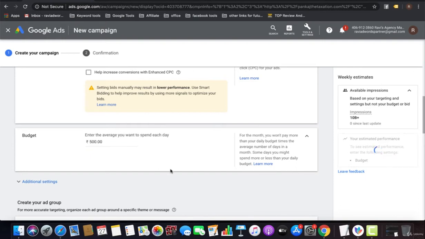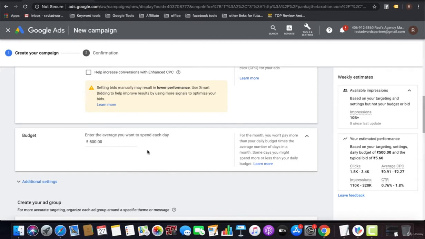Now we need to know that display ads are cheaper than search ads. Search ads are displayed on the Google search result page and other search engine pages as well. But display ads are displayed on third-party websites, videos authorized by Google AdSense, DoubleClick websites, and other apps as well.